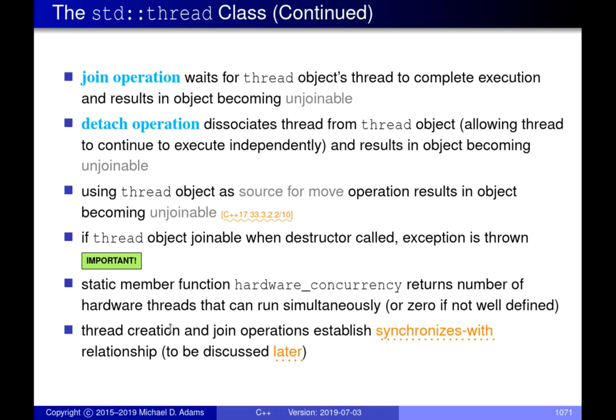One of the relationships created by the thread class is that when you create a thread or you join a thread, this establishes synchronizes-with relationships, which I'll talk about in more detail, which essentially say that something happens before another thing. And if something happens before another thing, they can't happen at the same time. Therefore you can eliminate the possibility that there might be a data race caused by this, because a data race would require both of them accessing the particular piece of memory at the same time. So we'll look at this a bit later.